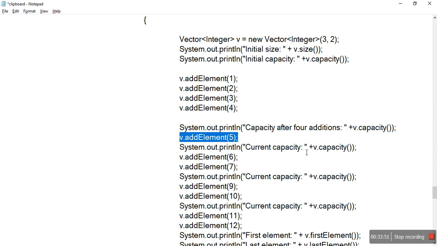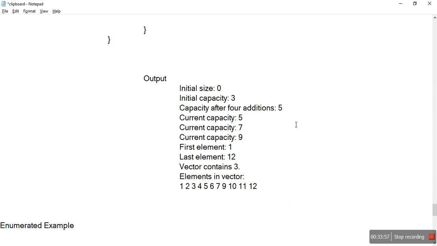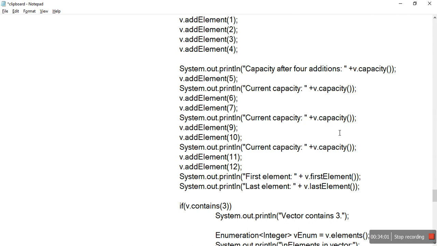If you print the current capacity after adding the fifth element, it is 5 only. When we insert the fourth element, it increments by 2, so now it can hold two more values.